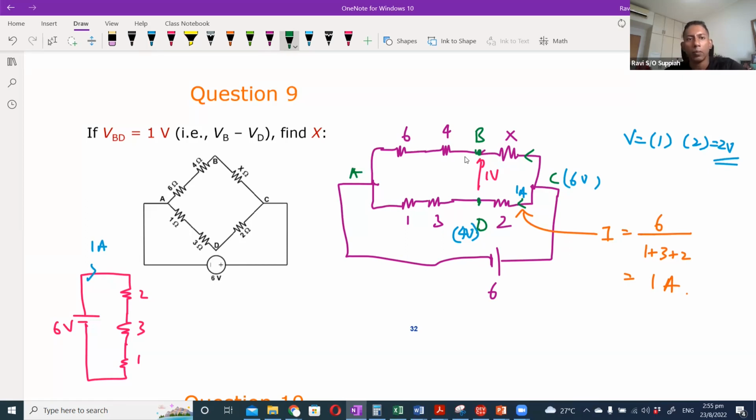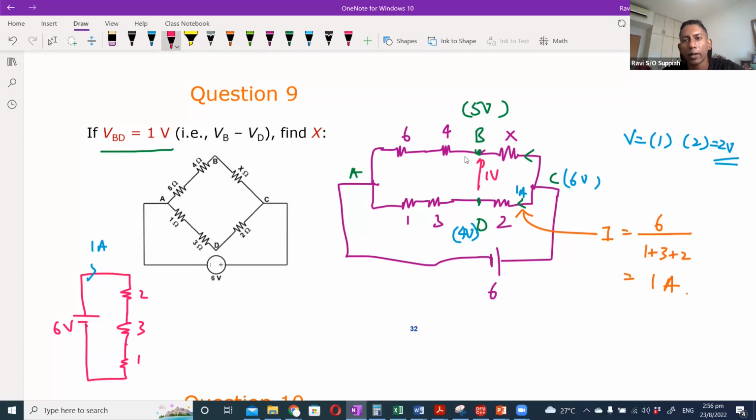We know that VBD is 1 volt. That means VB with respect to VD is always 1 volt higher. So if VD is 4 volts, VB will be 5 volts, because VBD is 1 volt. That means VB is always 1 volt higher than VD. So with that, I can now say that